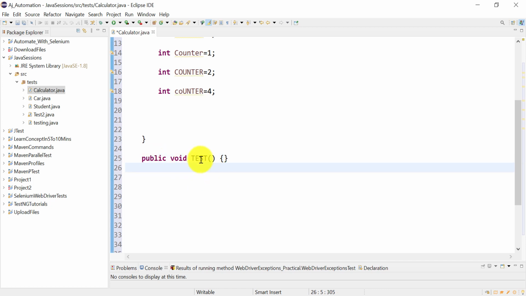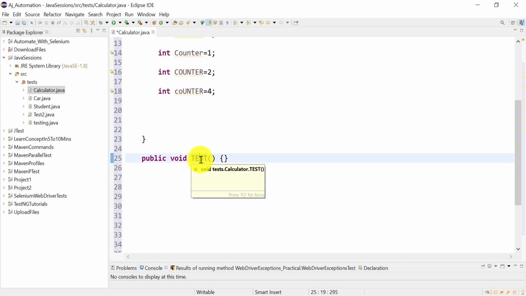Then I can use numbers also, some numbers in between the names. Underscore is also allowed, so let's see. You can see that I have used the underscore, and I can use the dollar. Java is allowing it.